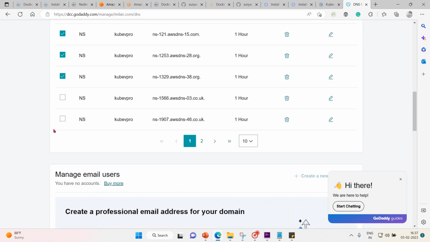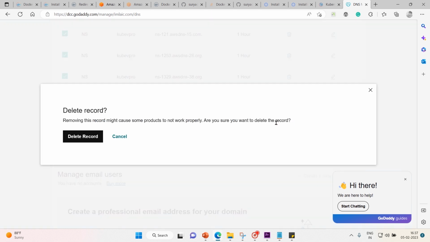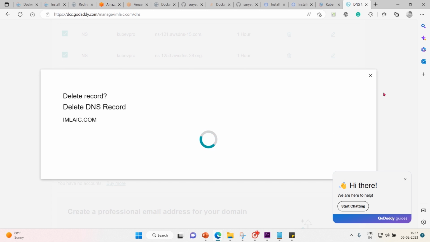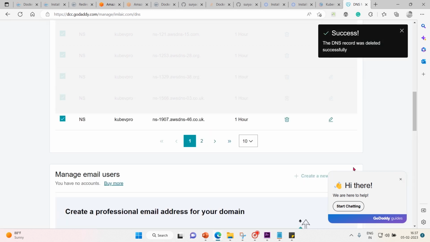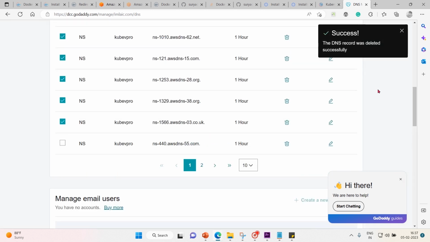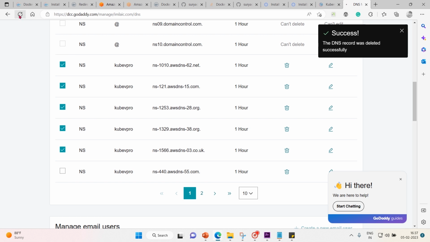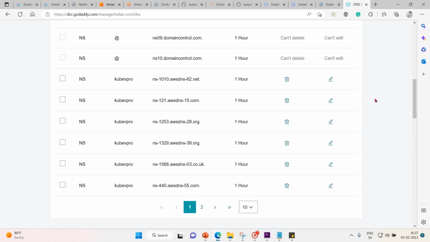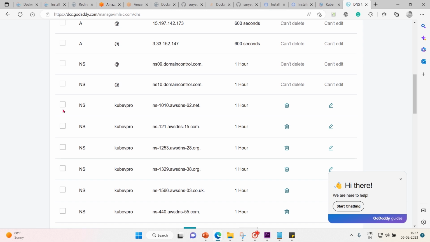TTL, okay. So I have some existing naming servers, and